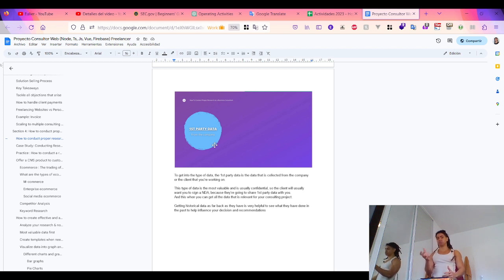And then if you can have access, go to the first party data to see what they have done in the past, how they have been performing, and from there see how you can provide your suggestions. So by understanding and researching their branding, website, how much they charge, the price, and categories,